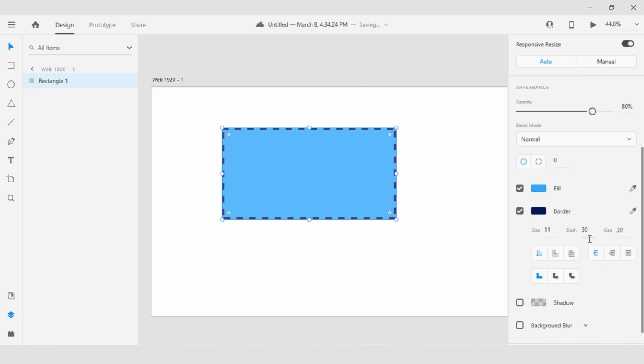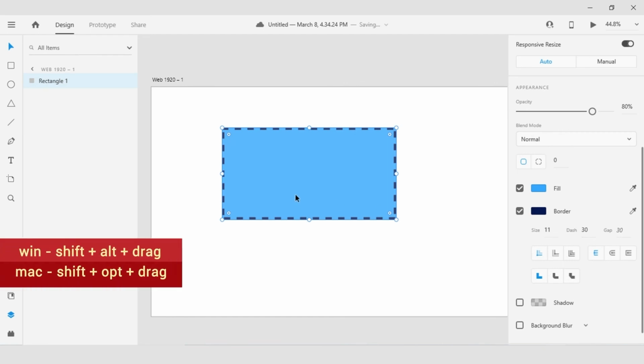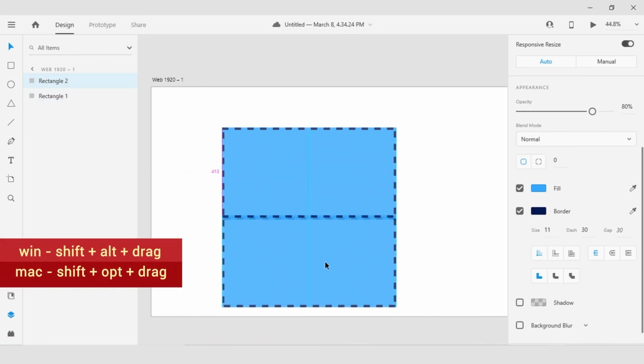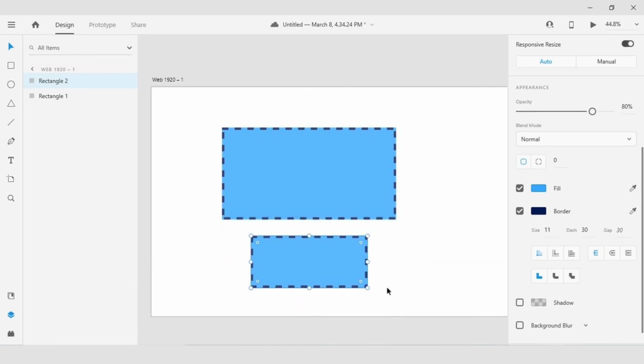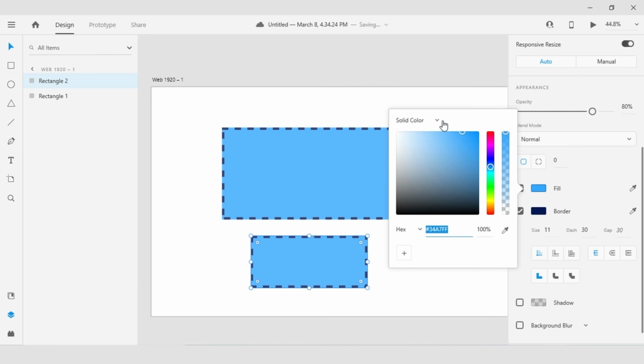As I work with gradients, let's just duplicate this rectangle and take a look at them. So I'm going to press and drag while holding the shift key and the alt key to create a second rectangle or second container. With shift and alt held down, I will let go of my mouse, which duplicates that out for me.